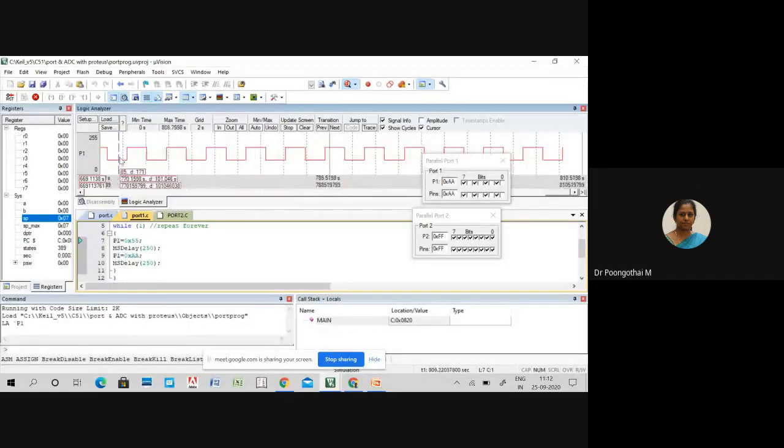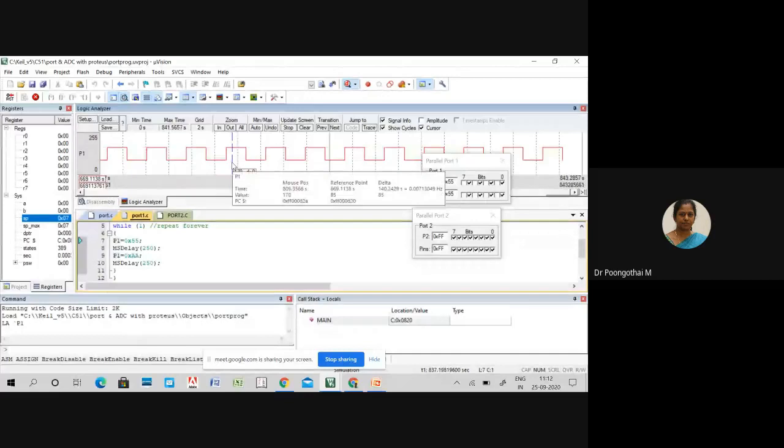So using logic analyzer, we can check our delay time period. So you can see here, the delta was 166, approximately 166 seconds.